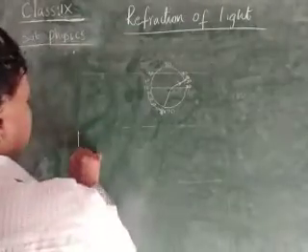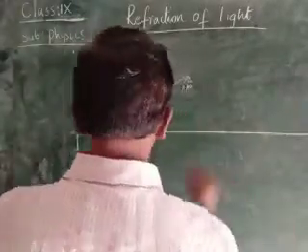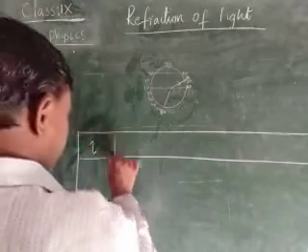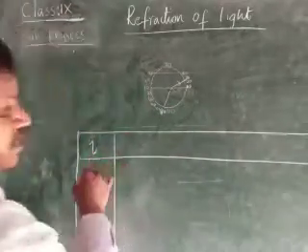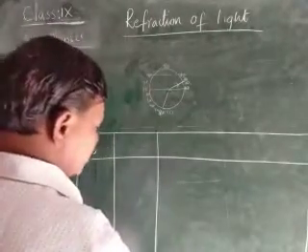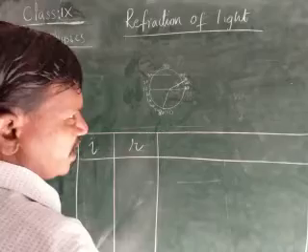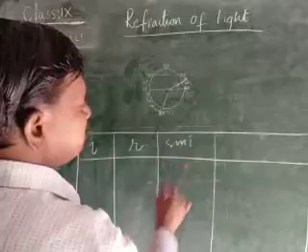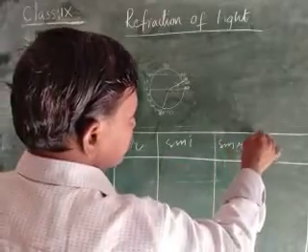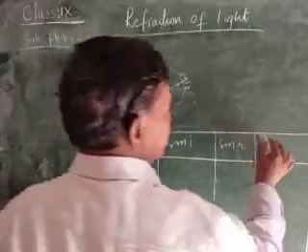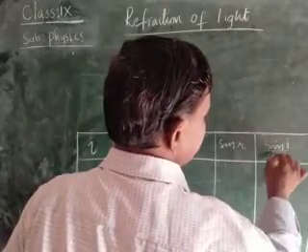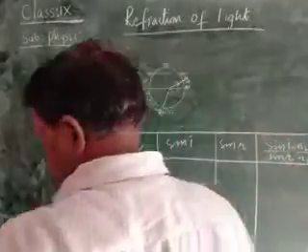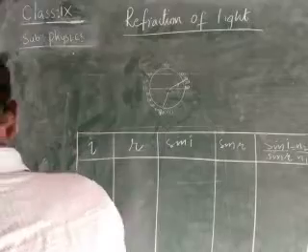You should take the value of I. What is the I value? If it is 10, 20, 30, 40, 50 like that. For the respective I value, you should take the refracted angle R value. Then you should find sin I, children. Next, sin R we should find. Next, sin I by sin R. Okay, that is N2 by N. Like this you should make a note of it, children.